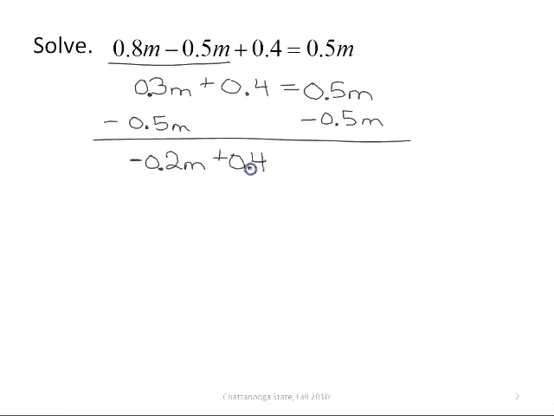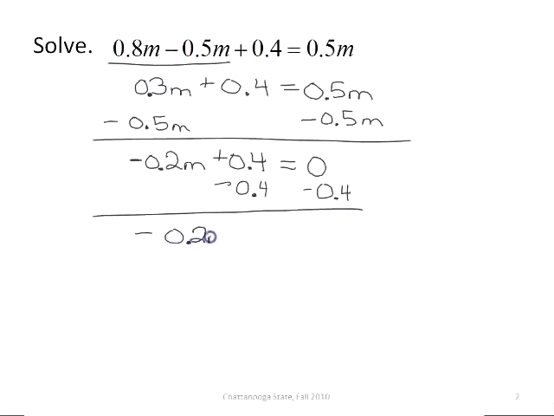plus 0.4. So I have negative 2/10 m plus 4/10 equals, on this other side I have 0. Don't just quit because you get a 0. 0 is a number, so we can still continue working this. We wanted to get our m by itself over here. So I've got the m term here, but I need to get rid of the term that doesn't have an